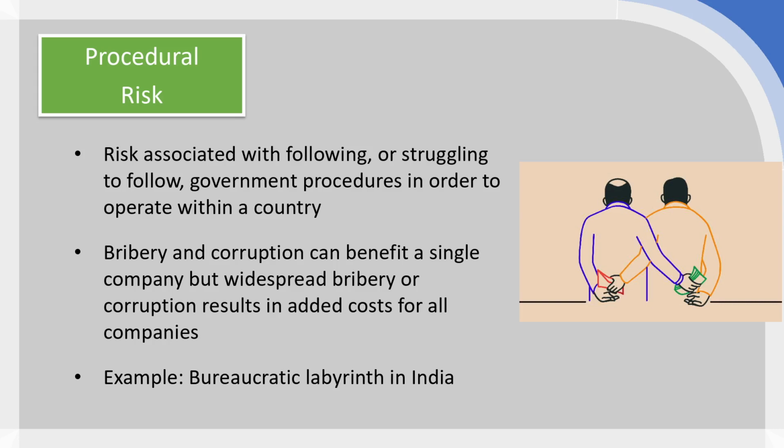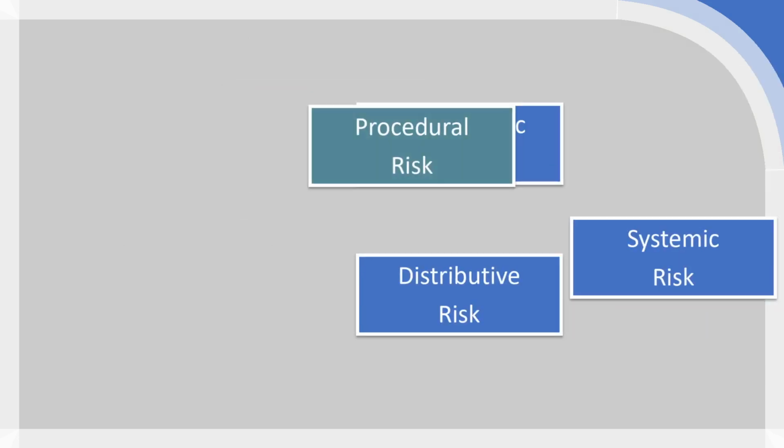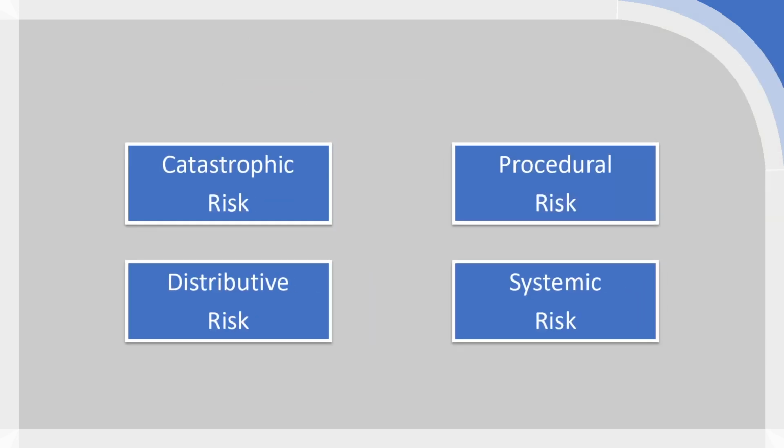So it would be a major mistake to think that procedural risk is primarily or exclusively a problem of the global south. That would misunderstand how countries in the global north actually operate. So different types of procedural risk, absolutely, but that doesn't mean that there is no procedural risk in the global north at all.